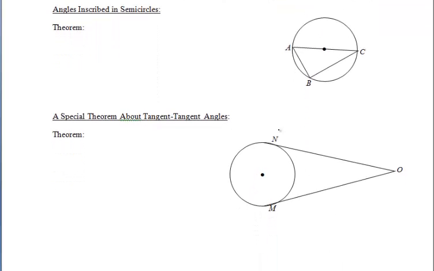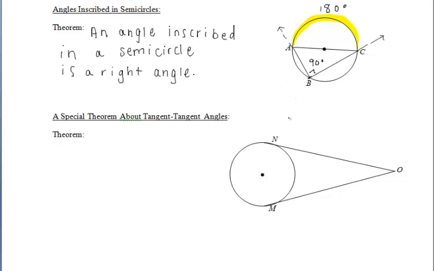Let's talk about angles inscribed in a semicircle. We have this inscribed angle here, ABC, since the vertex of this angle lies on the circle. Let's extend the rays that form that angle so we can clearly see which arc is being intercepted. We can see that arc AC is being intercepted, which is a semicircle since we have our diameter drawn in. We know that that arc must have a measure of 180 degrees. But any inscribed angle has a measure that's half of the intercepted arc. So that angle must have a measure of 90 degrees,